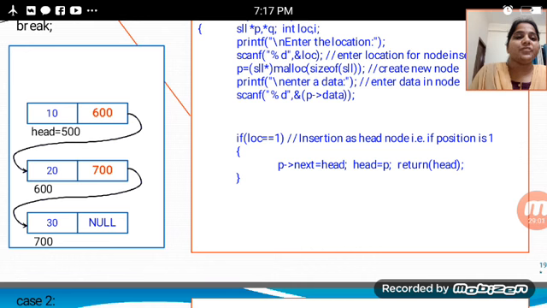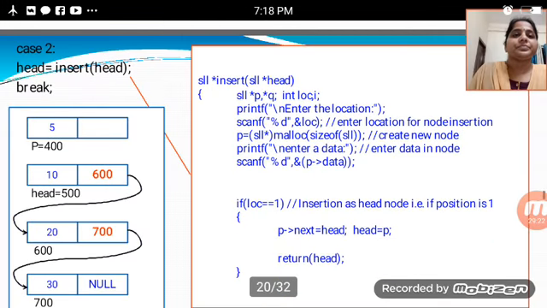Begin brace. P next is equal to head, head is equal to P, return that head value. If you find that head location, P next is the head pointer variable, and only the head pointer is written, which is the end brace.